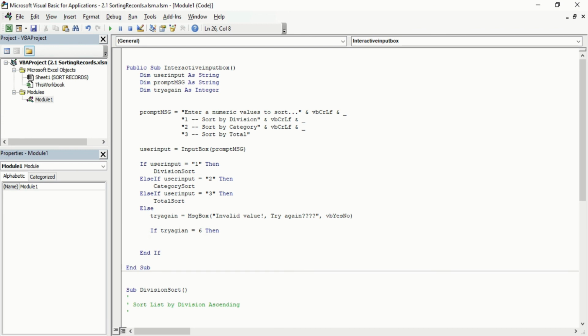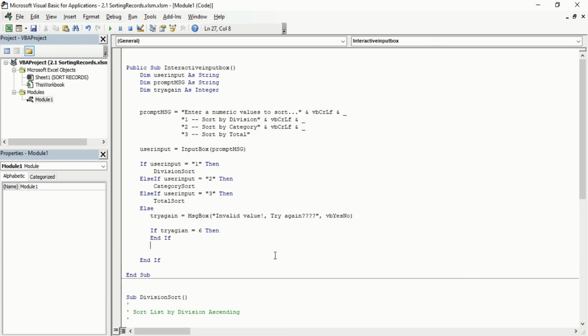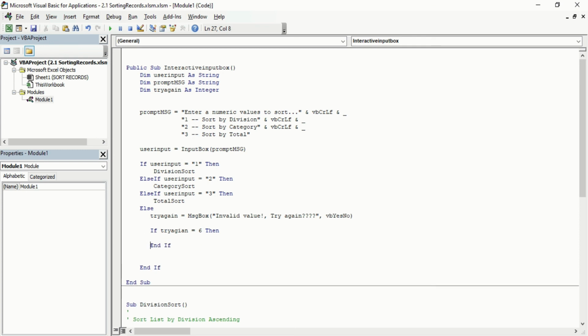Because yes is a fixed constant for 6 number and no is a fixed constant for 7 number. So there are certain integers that are already fixed for certain digits, like I have told you yes is for 6, no is for 7. So like if try again will result into 6, then before that we should close, and if now just put on enter so we can write within it.